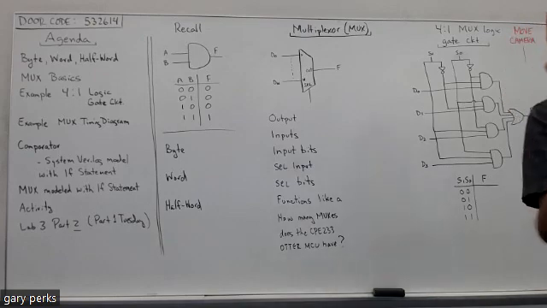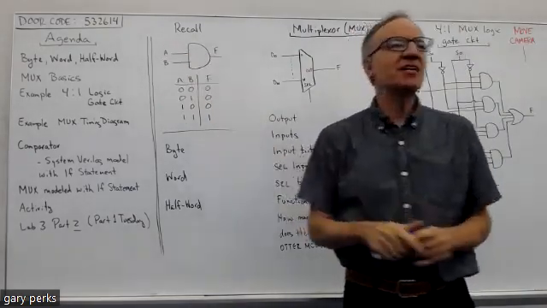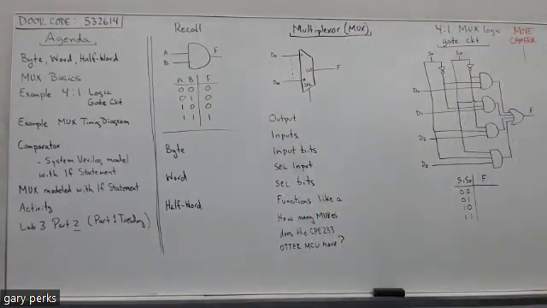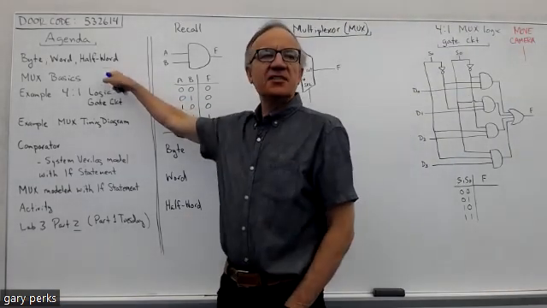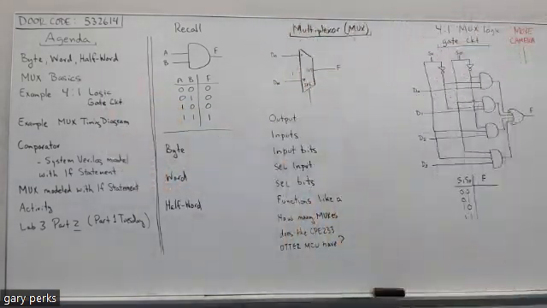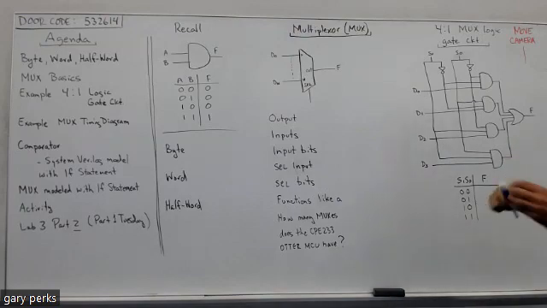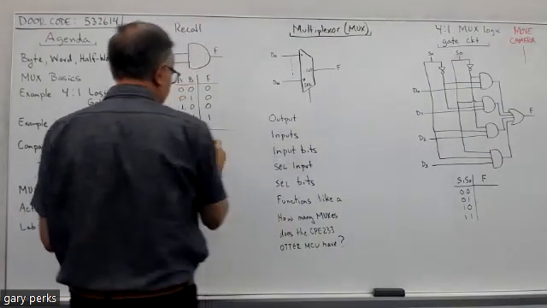There's just a few terms that I want to go over before we start talking about multiplexers, because these terms come up a lot, especially when you take the follow-on class, CPE 233. First of all, there's this term byte, with a Y instead of an I. Does anyone know in the digital world what's meant by the word byte? Exactly. Yeah, byte means